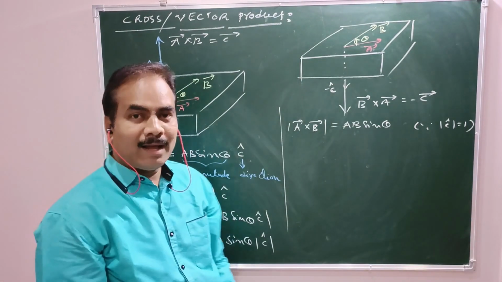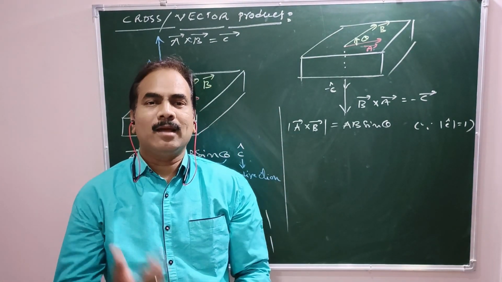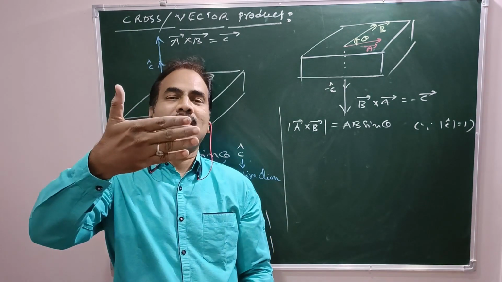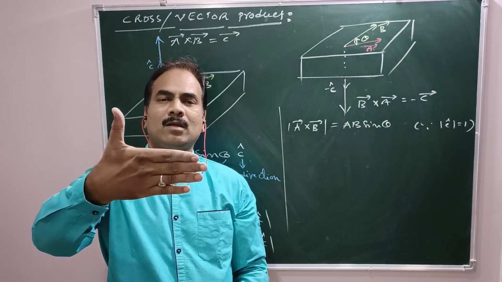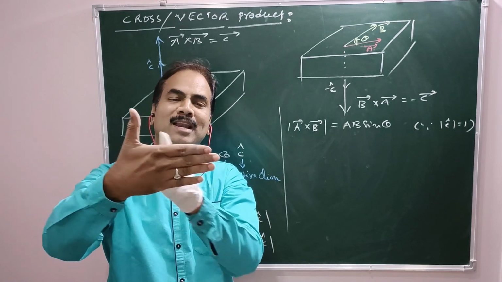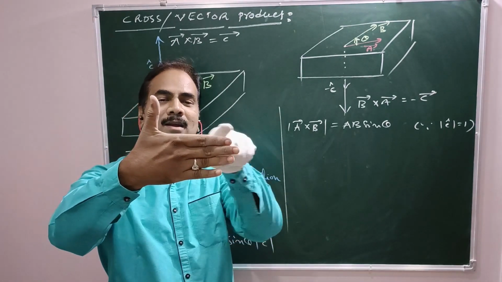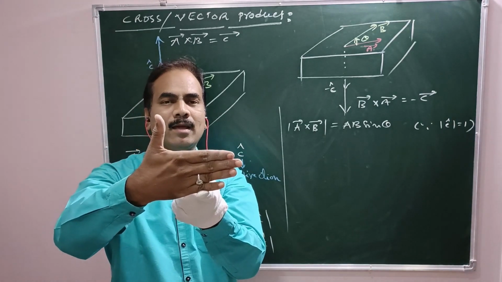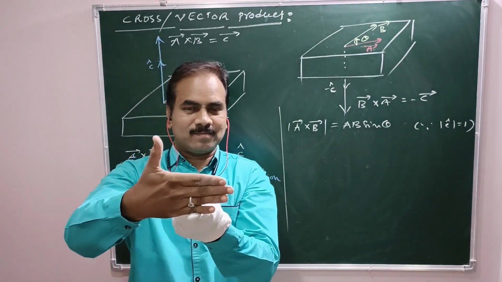Now coming to the right hand thumb rule. One more rule we have in assigning the direction of the cross product, that is the right hand thumb rule. See, this is the right hand palm. Stretch your right hand palm such that the thumb is perpendicular to the remaining four fingers as shown. Now this is the top edge of the palm, this is the bottom edge of the palm. If rotation is in the anti-clockwise sense,